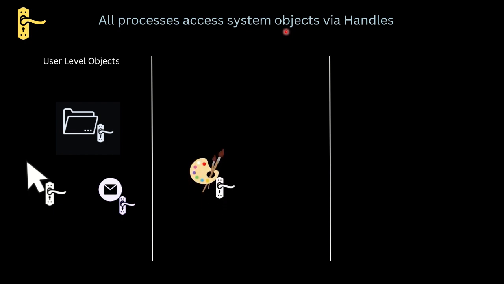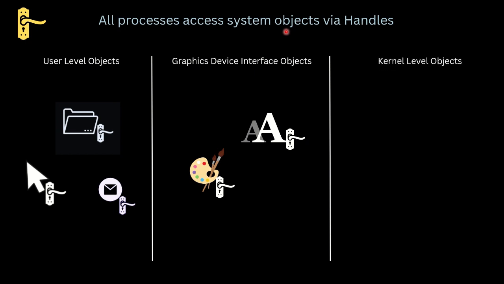Then for the coloring and font and all these graphical display, you have the second category of objects that is called as graphics device interface objects. And then you also have the third category of objects, that is kernel level objects, because the application in the backend, it is talking to your kernel. Kernel is the core of the operating system. It is doing thread management, it is importing some libraries,